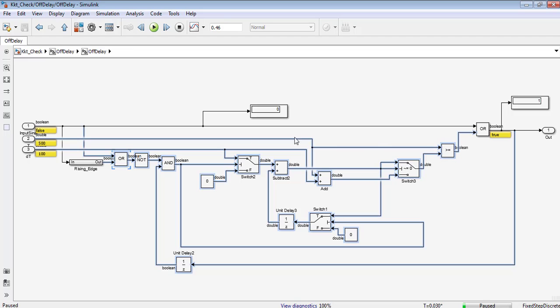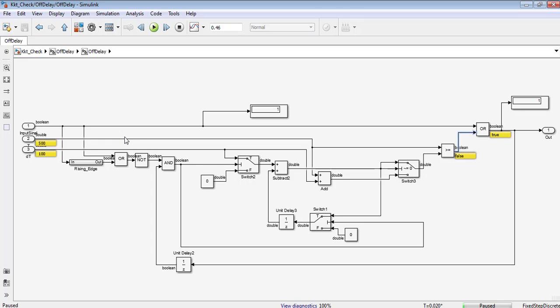If you check how it becomes 1, we go to the previous timestamp. So here it is 0, here it remains 1. If you check here, here it is 0, here it is 0. Now the input becomes true, but for this OR block, two inputs are there, one is true and the other is false.